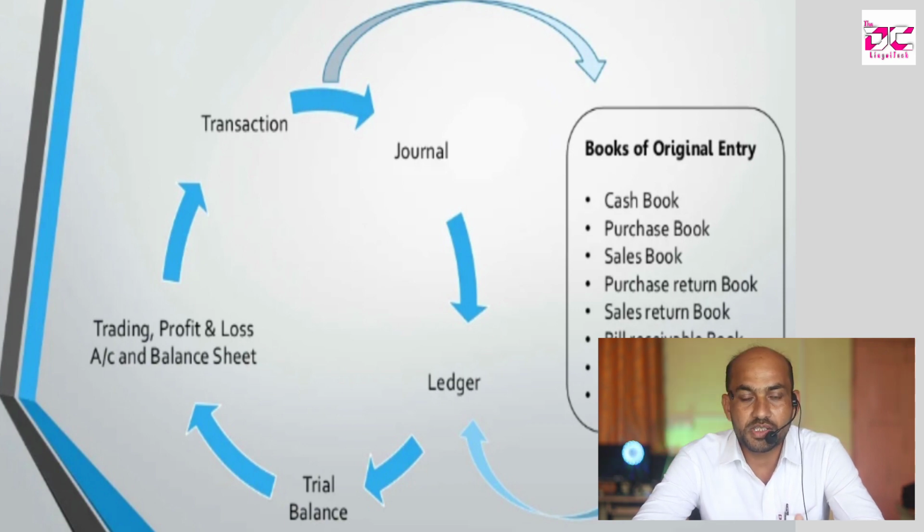Suppose that a businessman is earning a profit, we call it a profit account, meaning that information comes under the profit account. And suppose that the businessman is suffering a loss, so that person knows about the financial position at the end of the year and knows about the loss suffered in the business. This is about the accounting cycle.